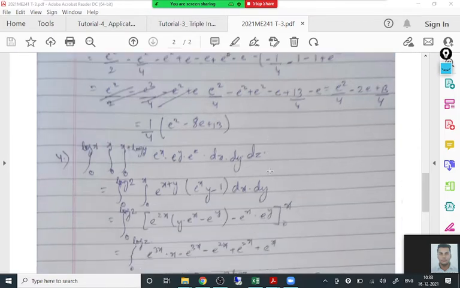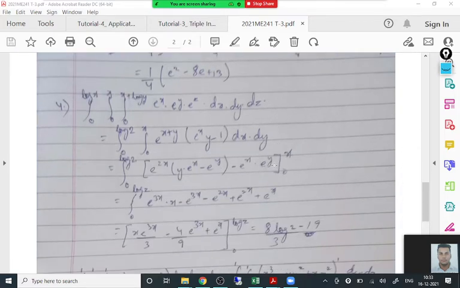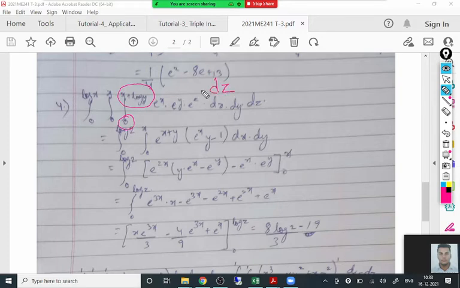Okay, so the fourth one, we already discussed that the inner limits are 0 to x plus log y. As these inner limits are 0 to x plus log y, that should be of z. Then x and y appear, so that should be of z. Okay, then x is there, so y, and lastly x. So I think the outer limits log 2 is there.